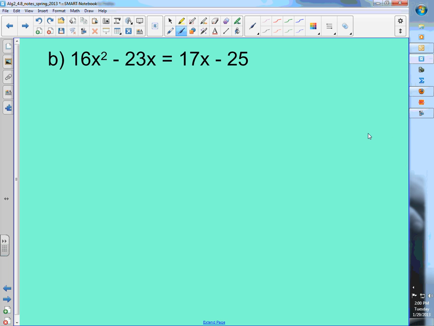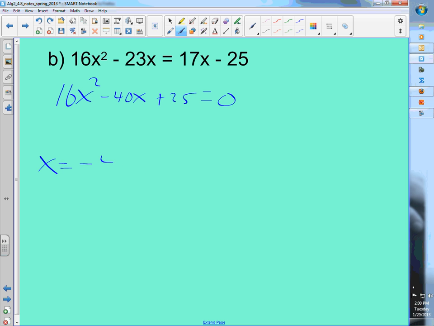All right, so let me catch up to some of you guys. 16x squared. When you subtract 17, you should get minus 40x, and then plus 25 is equal to 0. Everybody get that? Minus 40 and a plus 25. Okay? If we're directed to, which we are, I'm directing you to solve this by quadratic formula, then x is